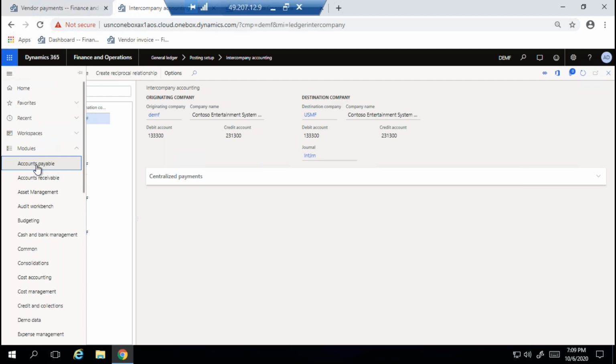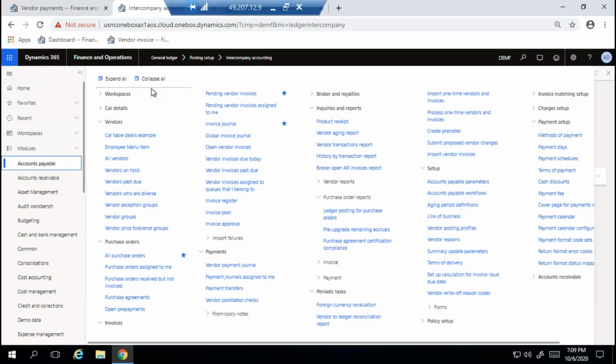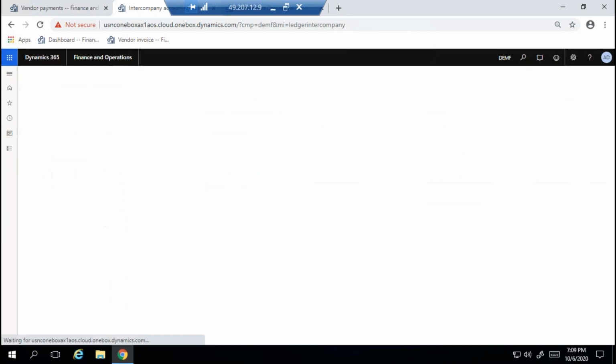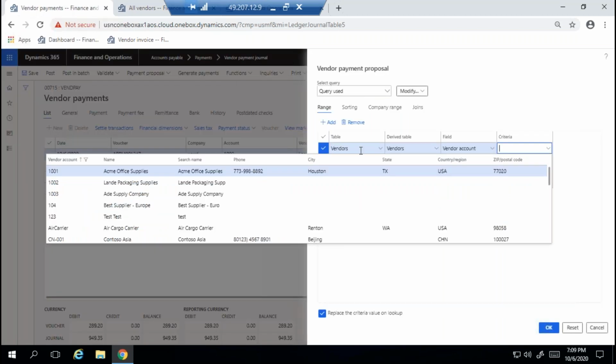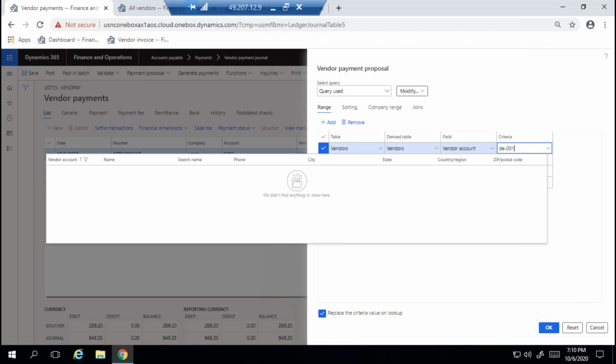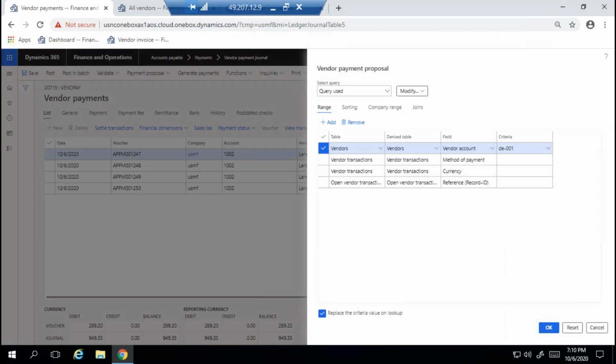Because users know what vendors are available by default. So it is DE001. So you can enter DE-001. Okay, I'm just clicking OK.